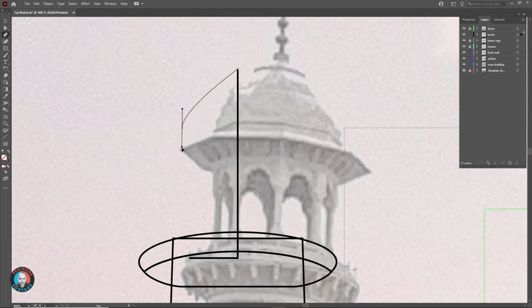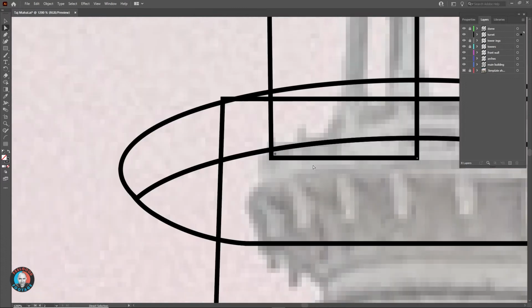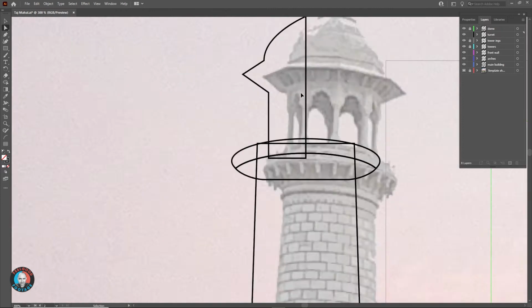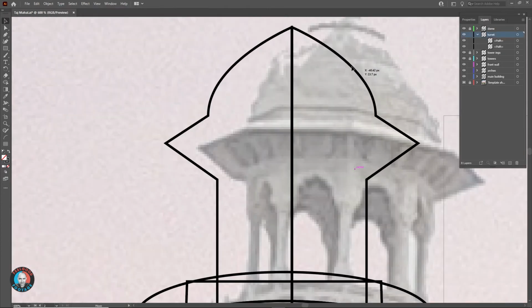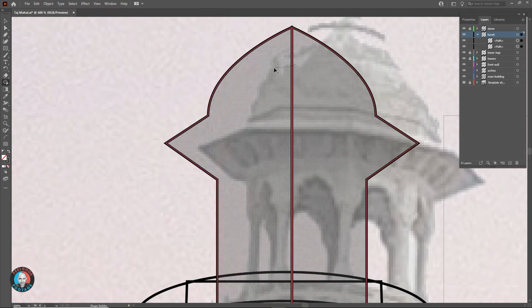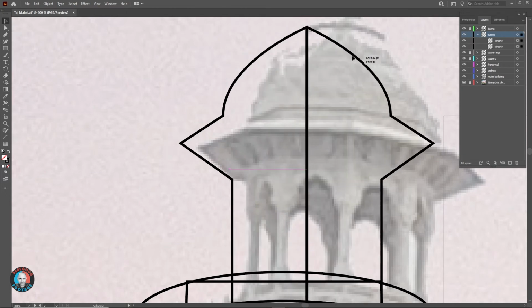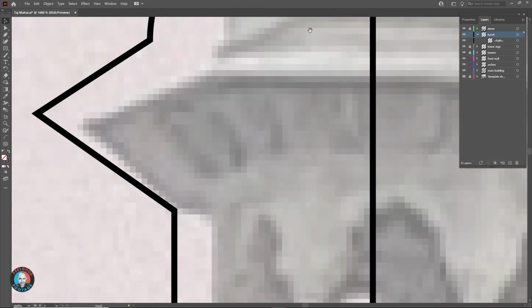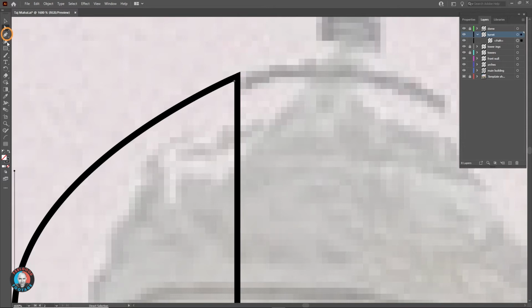The top of the tower is this turret. I'll draw half the main shape with the pen tool. When I reflected my first attempt, I realized I'd made a mistake. The apex of the turret is a corner. It needs to be a curve. So I deleted the copy and corrected that mistake.